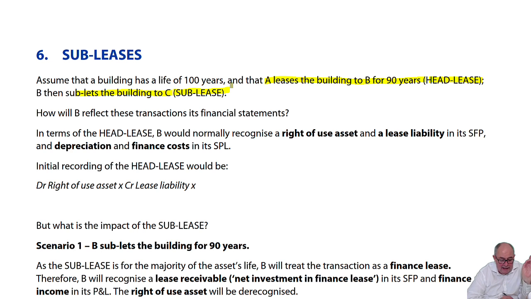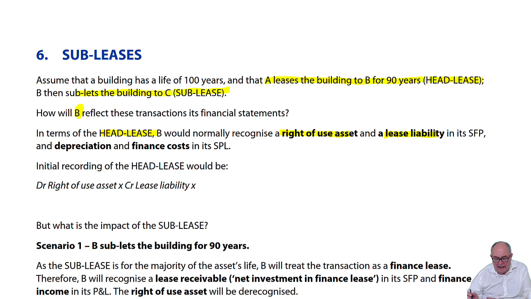So how does B reflect these transactions in the accounts? Let's think about the head lease first. B is a lessee. So think of your normal lessee accounting. In almost all cases, you recognize a right of use asset and a lease liability in the balance sheet. The only exception would be if it was a lease of, say, less than a year or low value, which